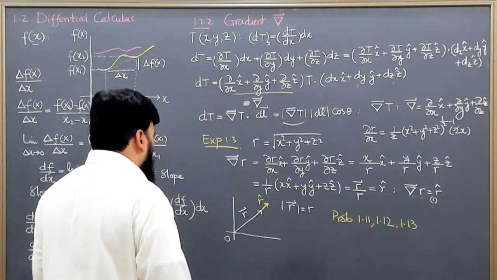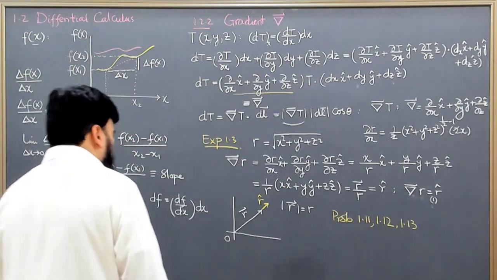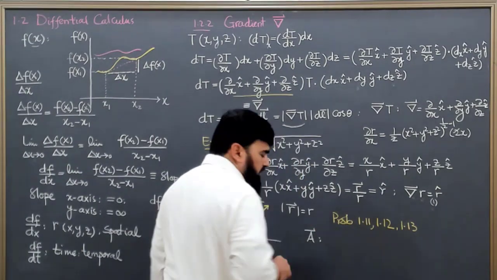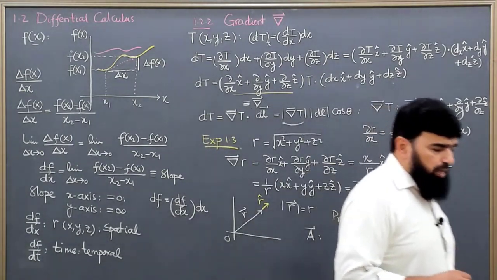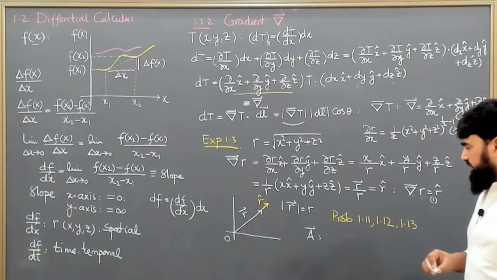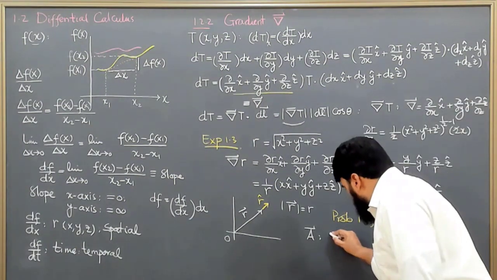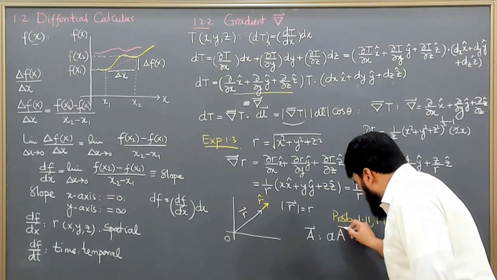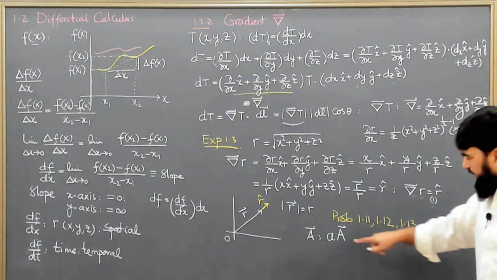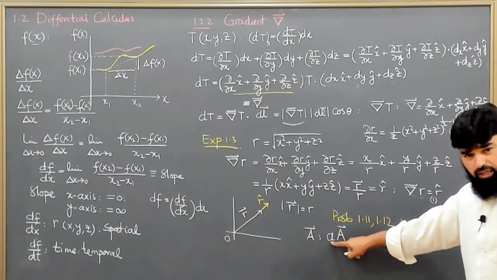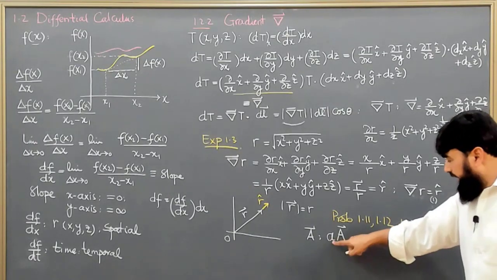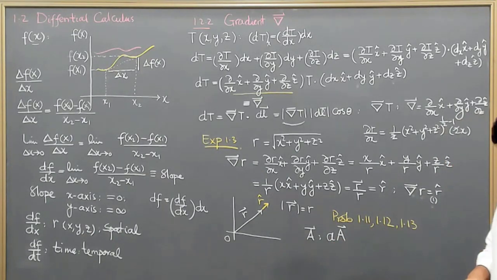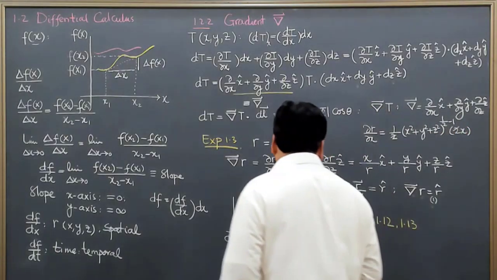You remember that for any vector quantity A, we have written that there are three ways to multiply this vector. The very first one is to multiply it with a scalar number. Number means 1, 2, 3, and it will only multiply the magnitude of the vector, and there will be no effect on its direction.